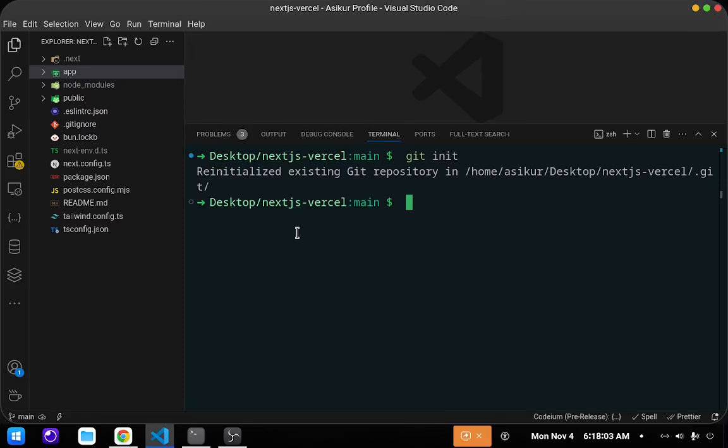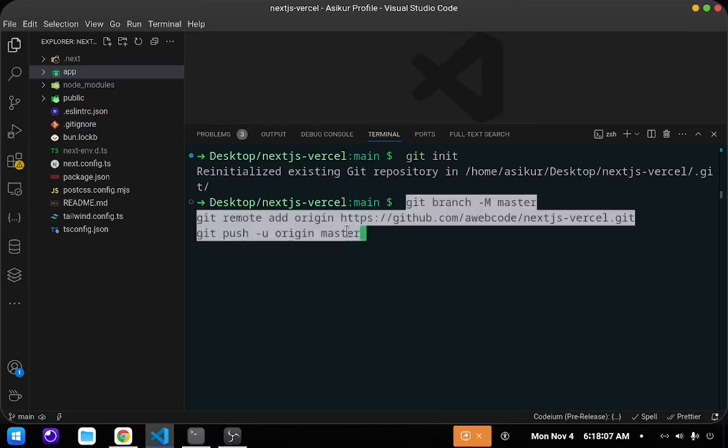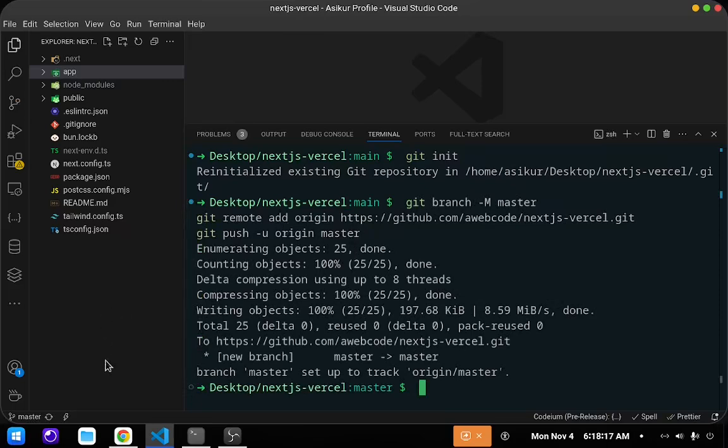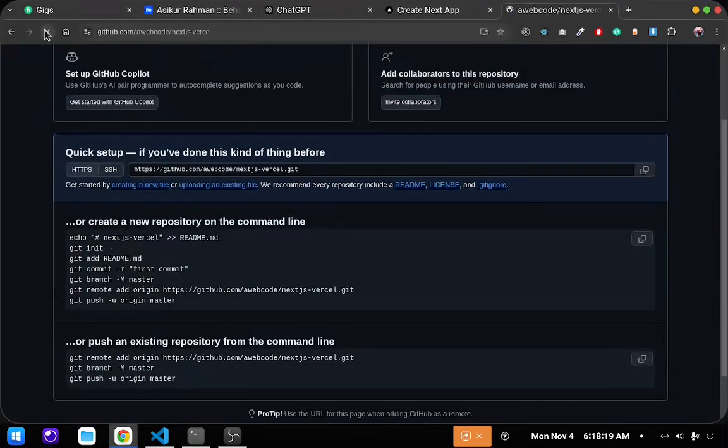The latest Next.js automatically creates the initial commit for you. So we are just going to set up the master branch and remote origin from GitHub, and we are now pushing our code into GitHub. Everything is up to date and the code is